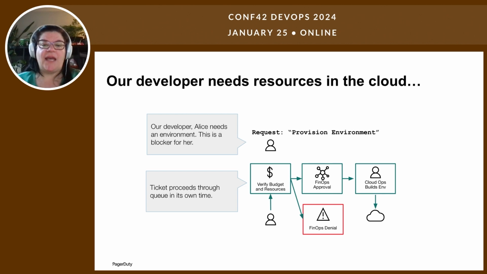The first subtask for her ticket is to get approval from FinOps. The FinOps team reviews the request tickets. And if a team is over budget or they have too many environments already, they haven't cleaned up all of their old stuff, the ticket's rejected and gets sent back to the requester to try again. If FinOps approves the ticket, it proceeds to CloudOps. At some point, hopefully, Alice will get her environment, but it feels so clunky.